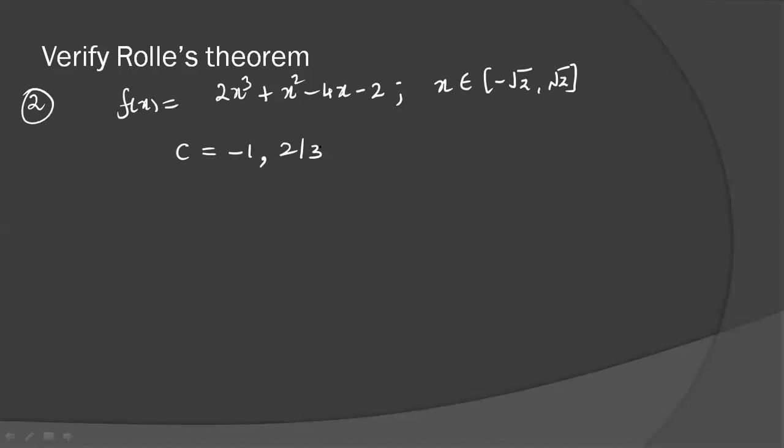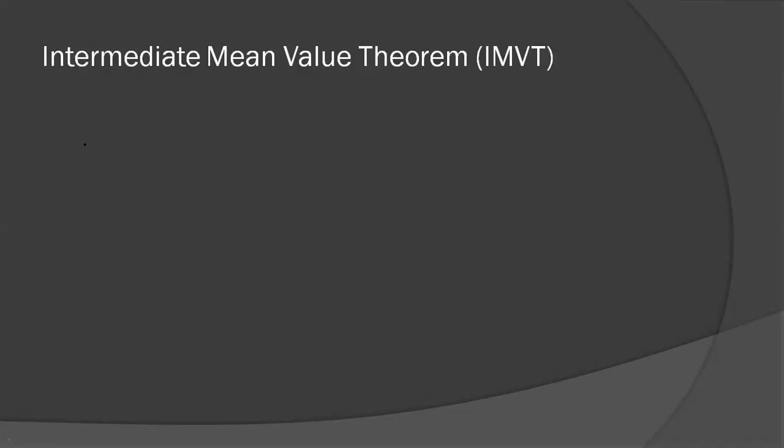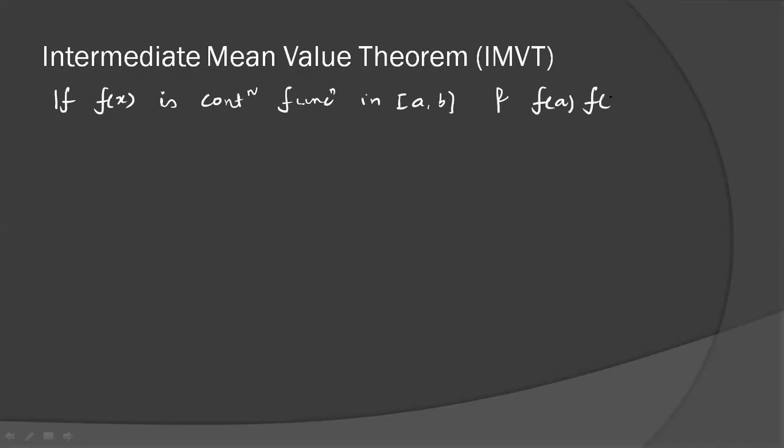Now we have another mean value theorem. Rolle's theorem is not the only mean value theorem. This is the intermediate mean value theorem, given by Bolzano, a famous mathematician. What is the statement of this theorem? If f(x) is a continuous function in closed interval [a, b], and f(a) times f(b) is less than 0, what are the possible conditions? Suppose this is your closed interval [a, b]. The product is less than 0, which means both have opposite signs, so there is a possibility that